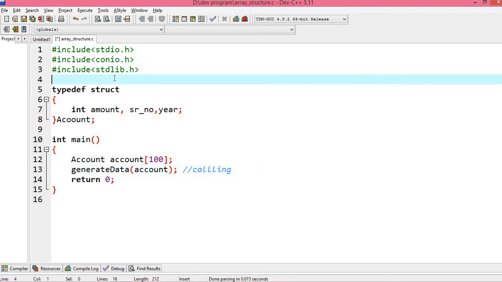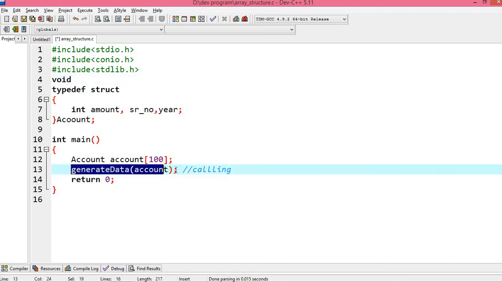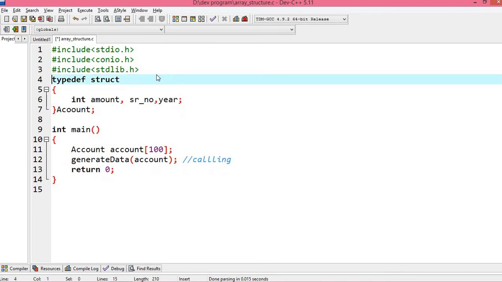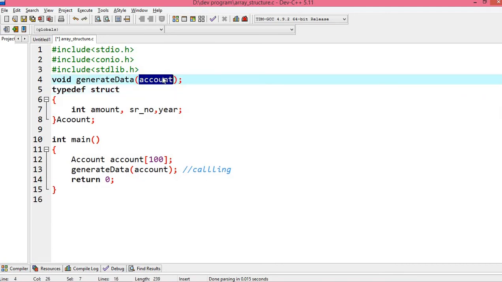Now over here I am just defining void, the name of this function, and I need to pass the argument type. Let's say the name of this array is a, but it is of type account, so I also need to specify account over here.